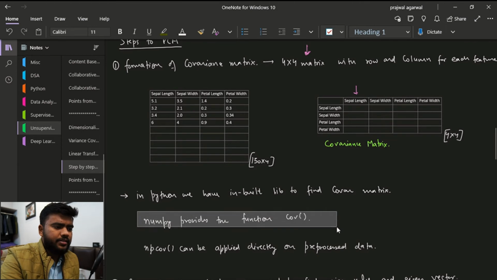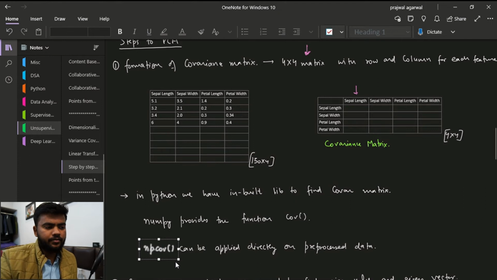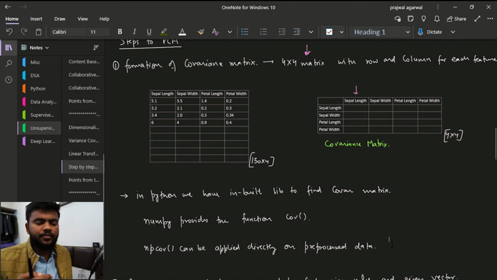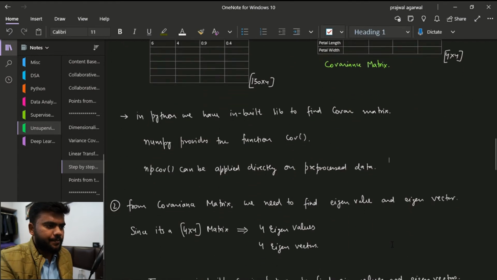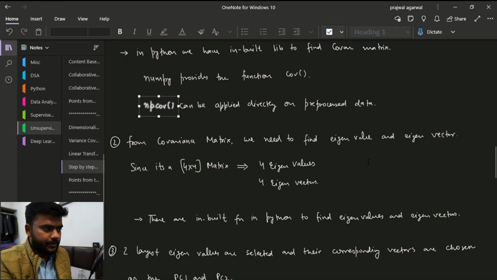NumPy provides a function cov which gives you the covariance matrix. As I said, this is just an overview for you to implement this in Python, basically how we are going to proceed in our Python code. So we will apply this np.cov method, and this is how we will get the covariance matrix.